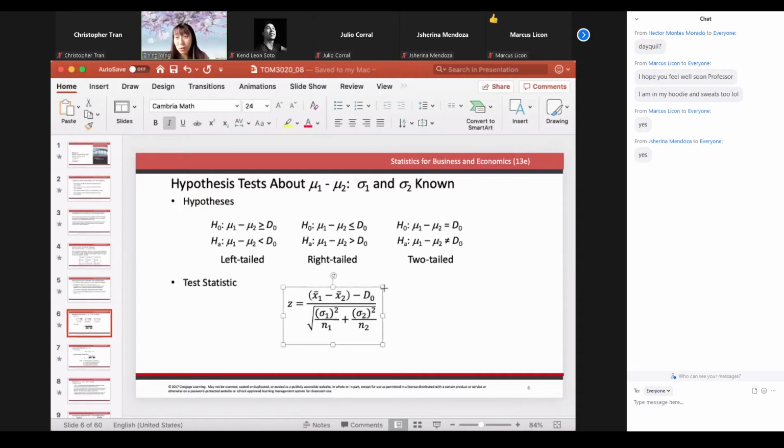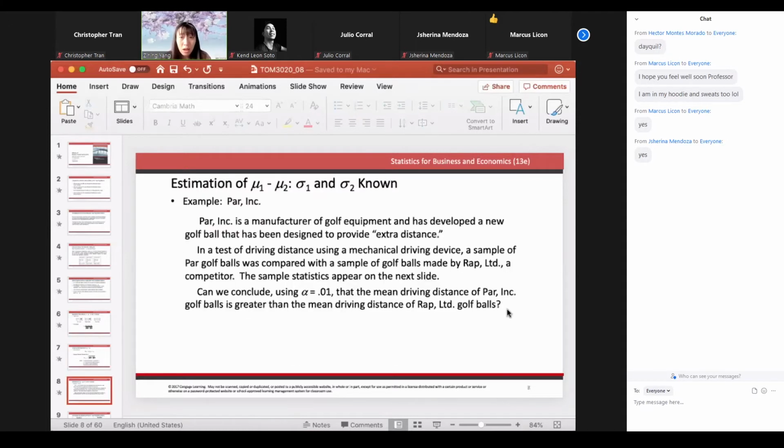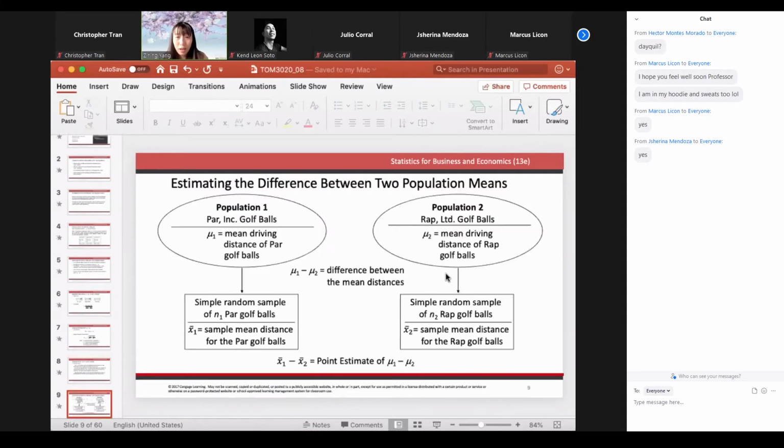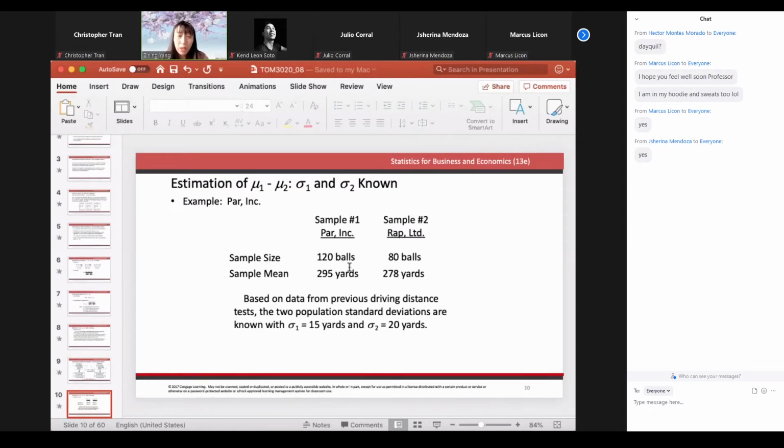So that's really the only difference, a different calculation of z-score in step 3. Just to quickly go over, sorry, like I said, I'm not feeling too well. Here we're comparing two companies' golf balls. One company is claiming that its golf ball rolls for a longer distance with alpha equals 0.01. We have all the information on sample size, n1, n2, sample means, x bar 1, x bar 2, and the population standard deviations, sigma 1 and sigma 2. So when we have all that given,